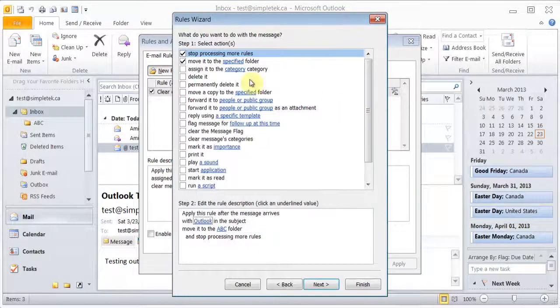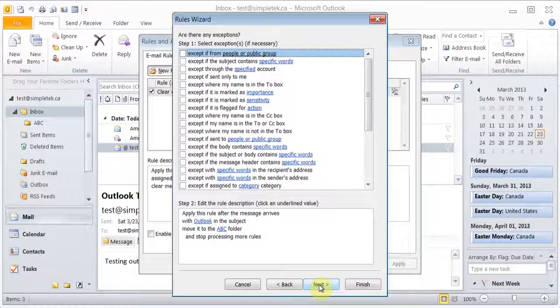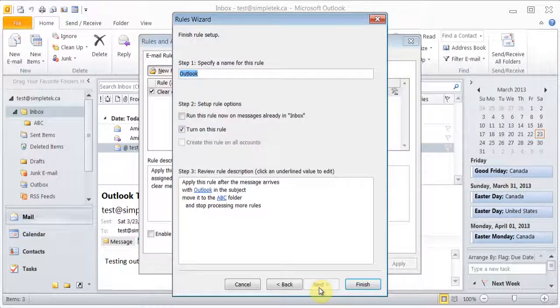I click OK, and you see there is a lot of different things you can do. You can delete it, permanently delete it, and different things. I can click next, and if there are any exceptions you want to apply, like certain people you don't want it to be, you can do that. Click next, and I can even choose here to say that run this rule on my inbox,